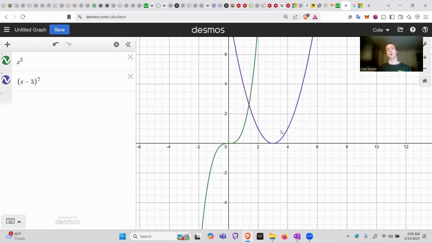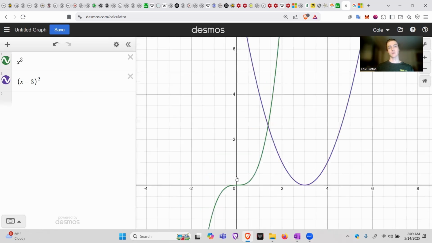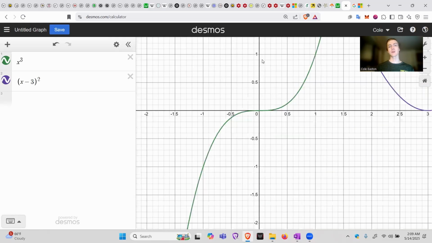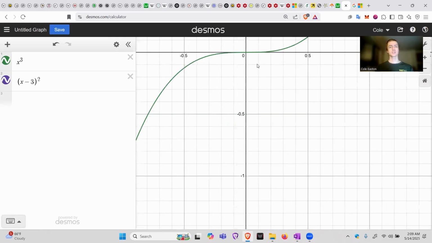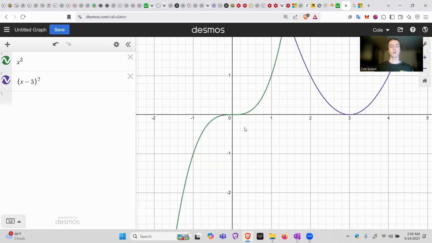Now I want us to think about what's going to happen if I multiply these two functions together. Let's look at this root right here, the zero of x minus 3. When we multiply it by this other function, which has the value of 9 at 0, around this root we're just stretching the area by a scalar of 9. It's basically a vertical stretch of 9 around this root, which means that the overall shape of the root